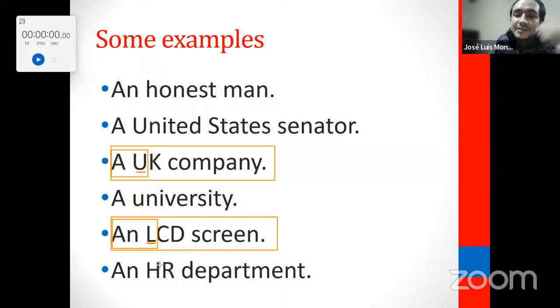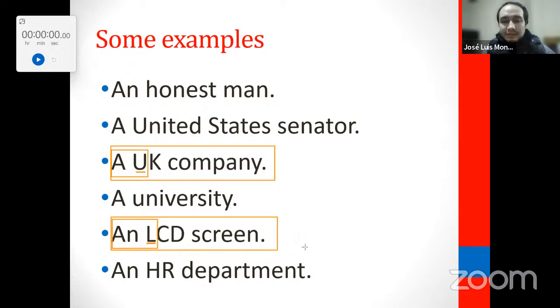So the sound is a vowel, right? So that's why we say an N. And LCD is not an L, right? It's also weird. Directly, an LCD screen. Good. And